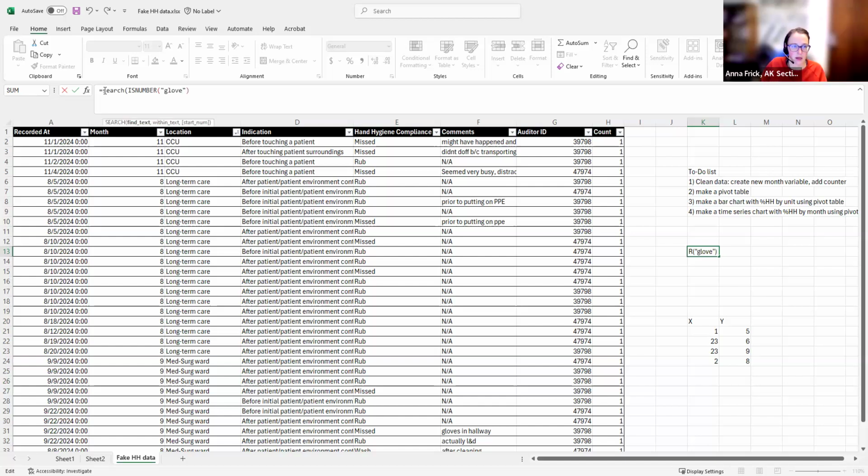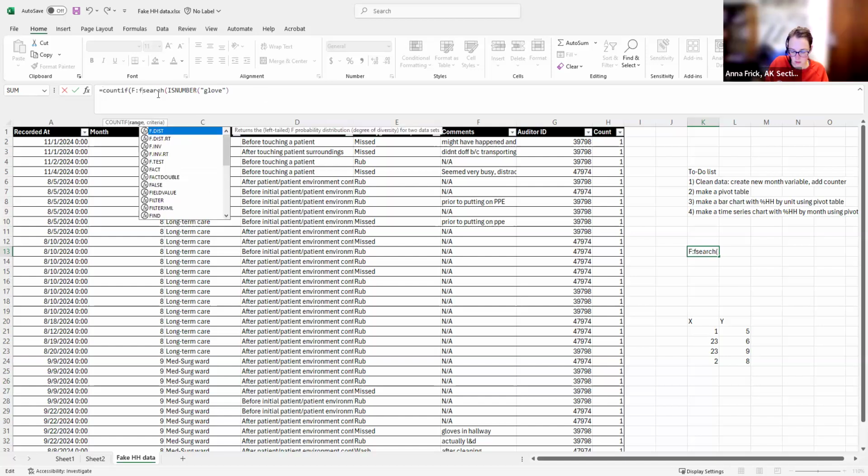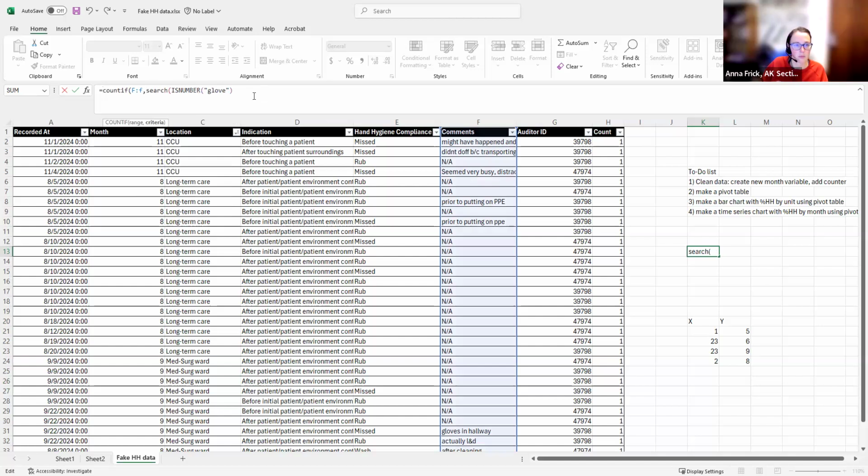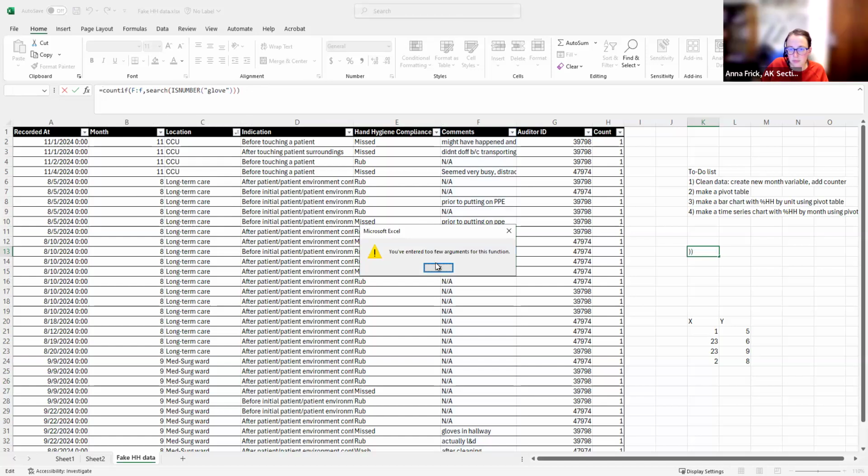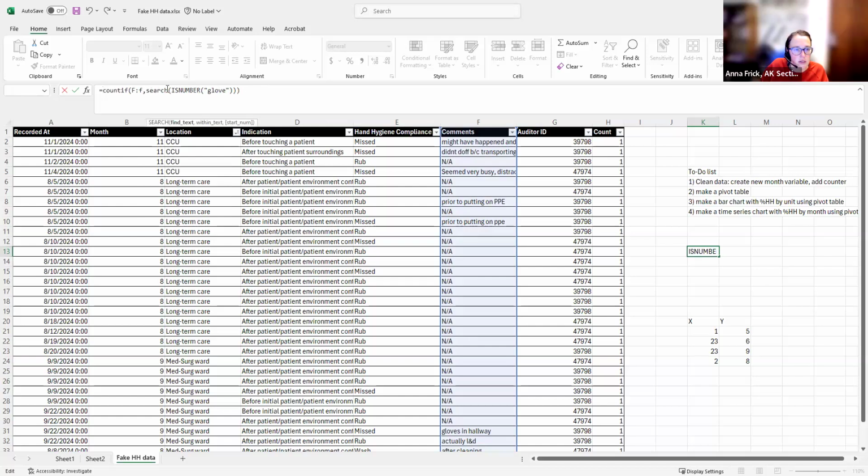And then I could nest this inside my... oh, and then I would need that to be... and then I've got to close this up. Oops, and I forgot search has another argument. Search, what I want to find is where I should be.